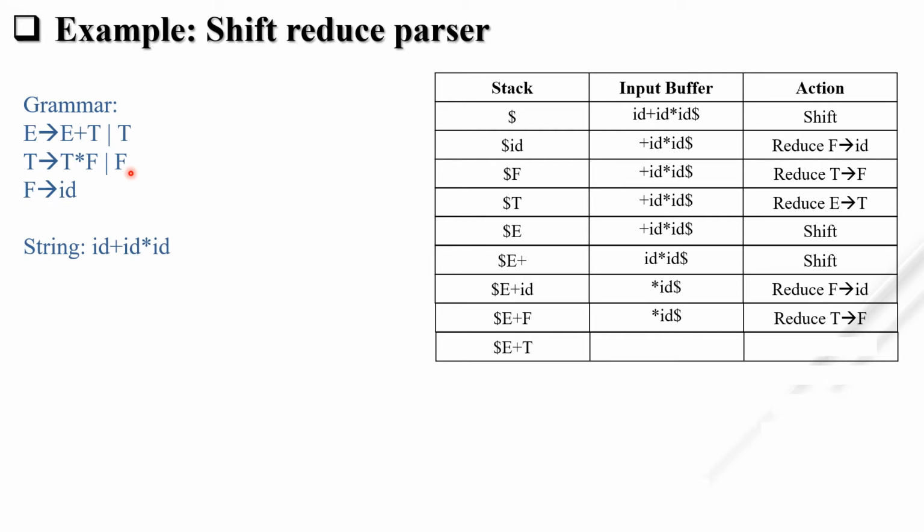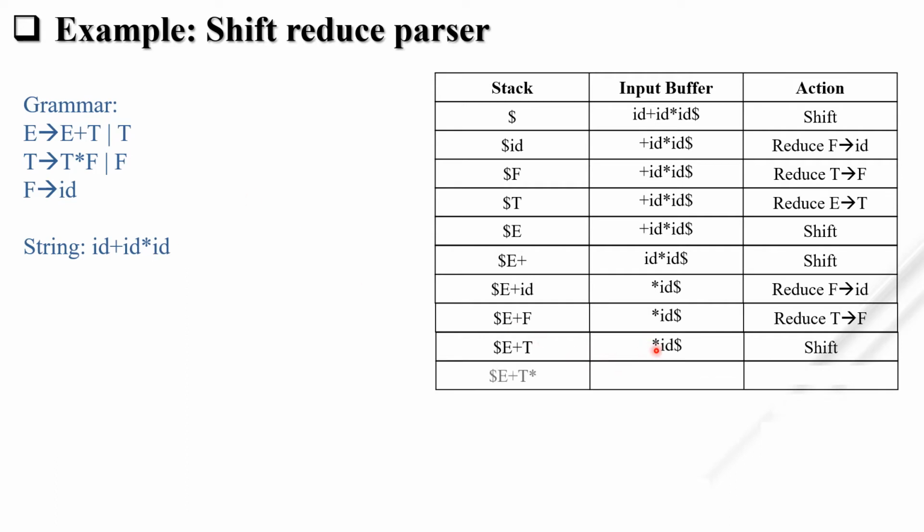Okay, now the first thing that strikes in your mind is that we can now replace E plus T easily. No. Why? Because we see that id into id will be reduced first. This expression will be evaluated first. So we do not have to reduce this E plus T with E. We have to shift this star operator here first, because first this id into id will be evaluated. So we have to perform the shift operation first.